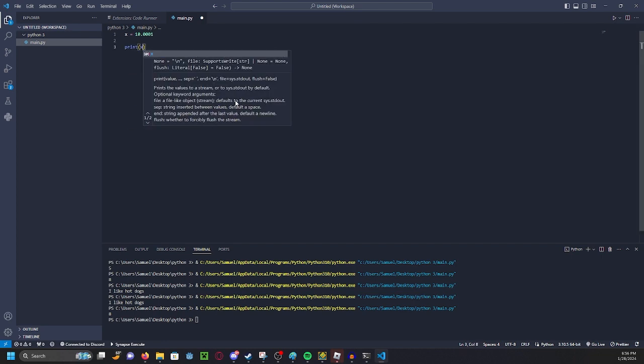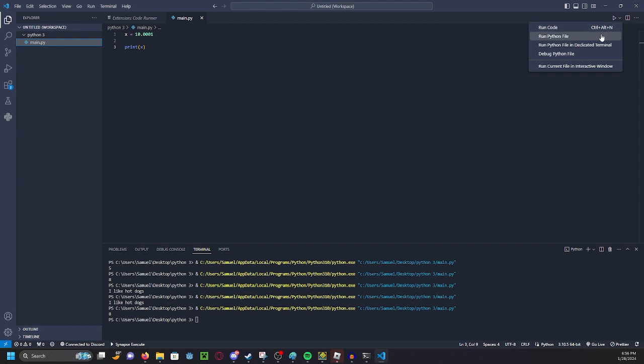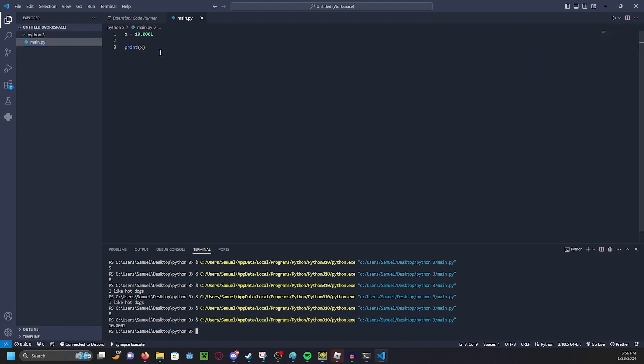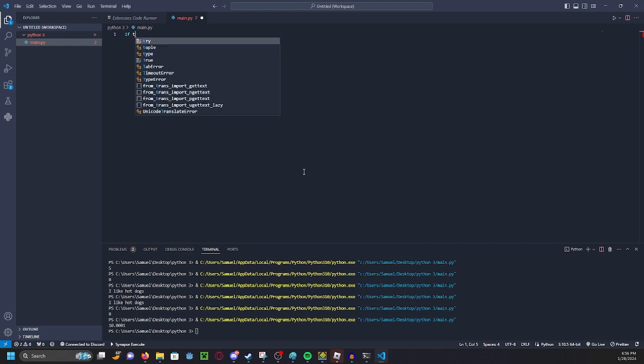So you can do print x and you get 10.001. Now, what if we want to check if a variable equals something? Well, that's where if statements come in. And so you can do if, it's pretty much if this,